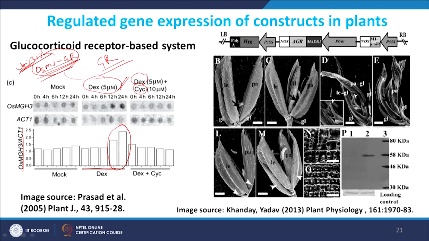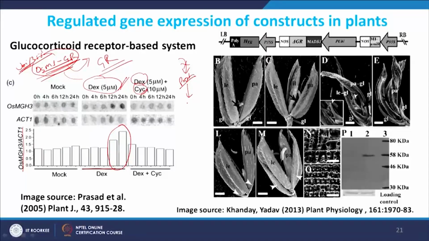But when you treat with cycloheximide, which is a protein synthesis inhibitor, it will not allow new protein to be synthesized. In that case, whatever MATS1 delta GR protein is already made will enter inside the nucleus and activate immediate genes, but those genes which are getting activated at the transcription level,